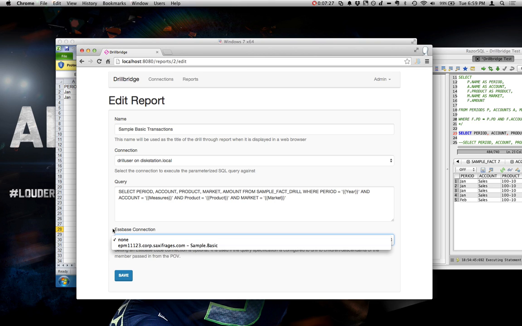That's supported out of the box right now with Drillbridge, and all you have to do is point it to a cube. So then when it executes the query, it'll actually open up the cube, ransack the outline real fast, get all those descendants of the member, and then use those to fill in the query. So you could bring back all of the data you want for the children or the descendants of any